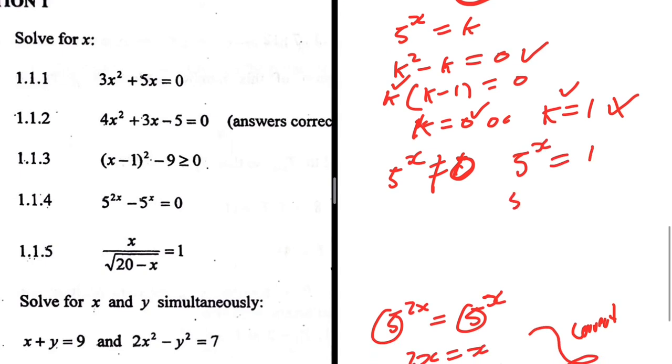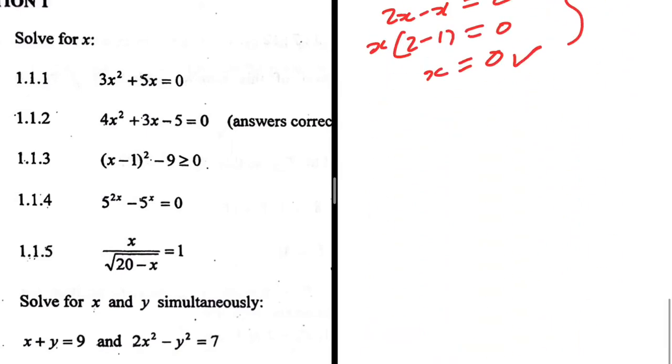For this to be true, we need 5 to the power x to be equal to 5 to the power 0. So x is equal to 0. This is correct. k is equal to 1 is what is true. k equal to 0 cannot be true because 5 to the power x cannot be equal to 0. So there we go. We have solved